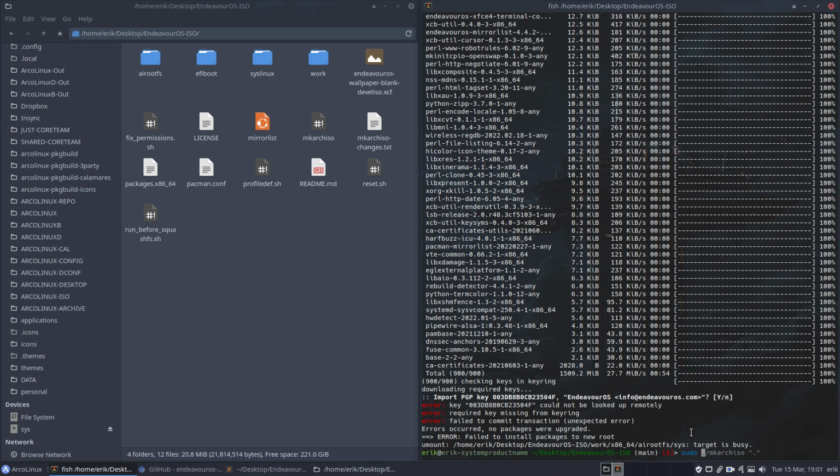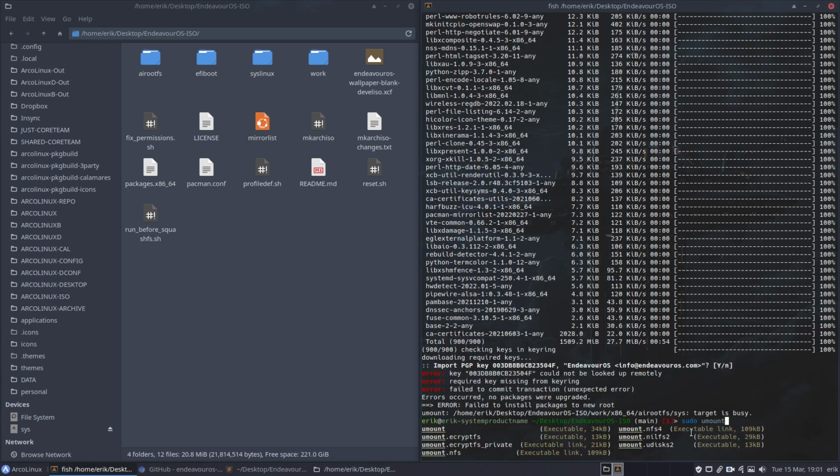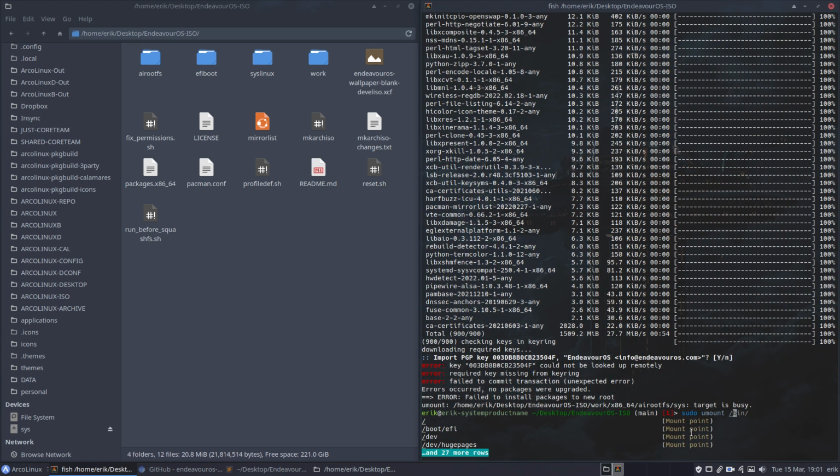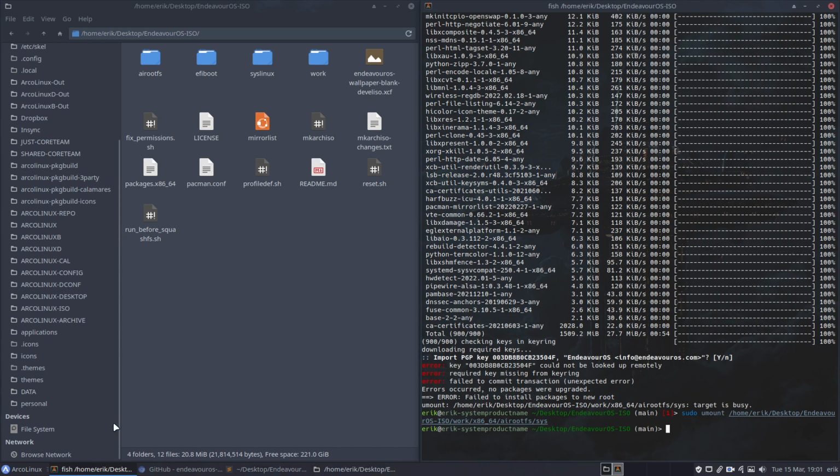So sudo unmount, and then tab actually, and home, and well, there it is. Did you see it? That's it. With tab home, it knows where it is. Boom, it's gone, and I can start again. But